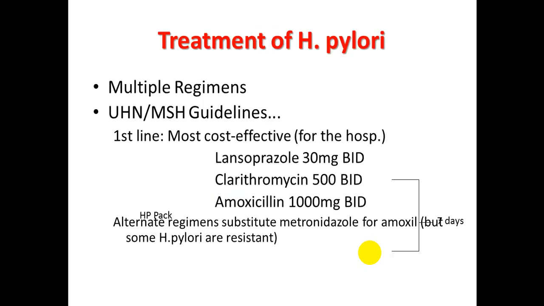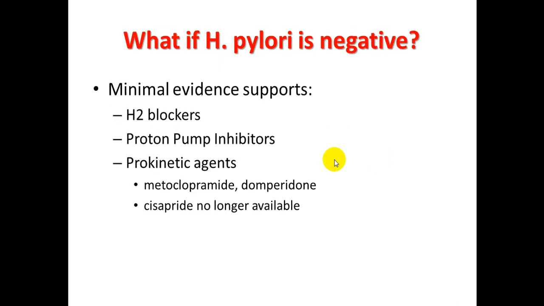Treatment for non-ulcer dyspepsia. Treatment of H. pylori: there are multiple regimens for treatment of Helicobacter pylori. The easiest and most important regimen with a high cure rate is lansoprazole 30 mg twice daily, clarithromycin 500 mg twice daily, and amoxicillin 1 gram twice daily, antibiotics for 2 weeks, proton pump inhibitors for 2 months. What if H. pylori is negative? Minimal evidence supports